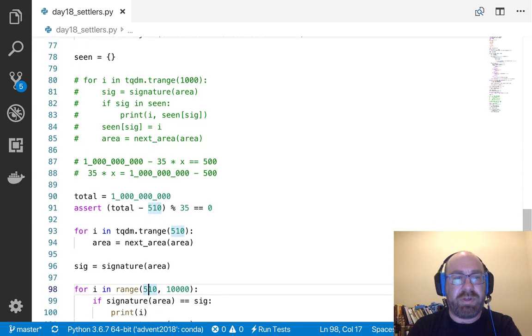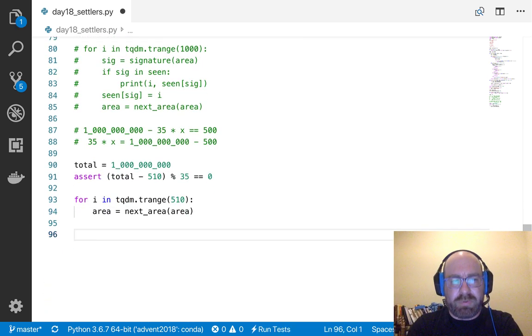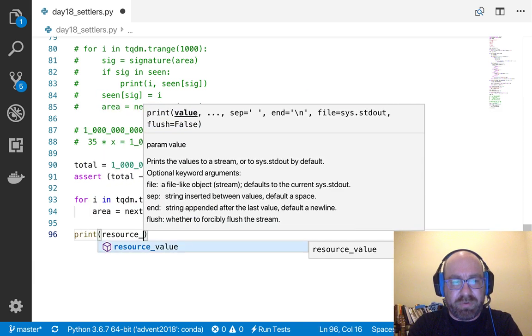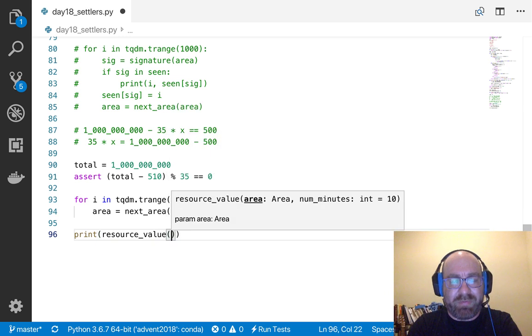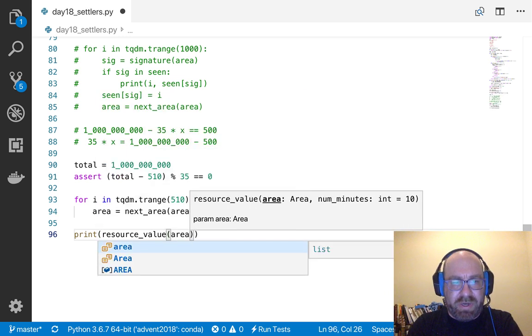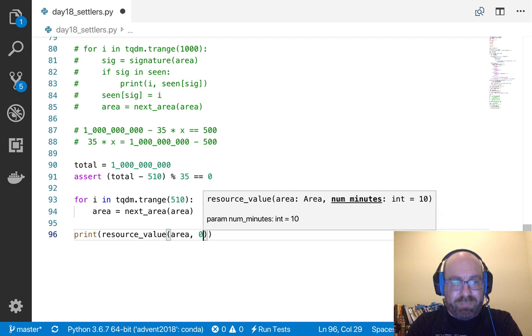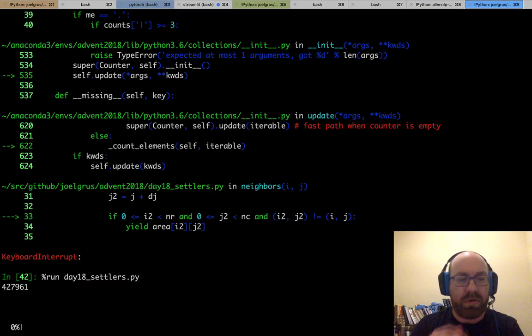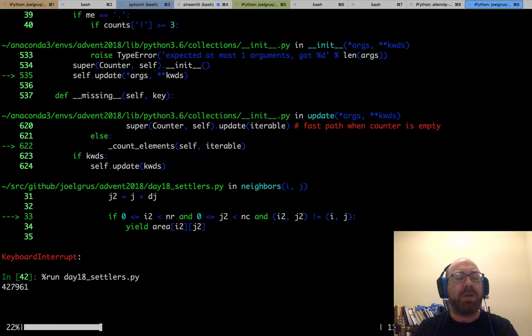Okay, I did something really dumb, which is as follows. My resource value function assumes that you're growing for another 10 minutes. But here I've basically said I want to know after 510 minutes exactly what the resource value is. So I basically need to do that, which is, okay, so I think I just made a really stupid mistake.